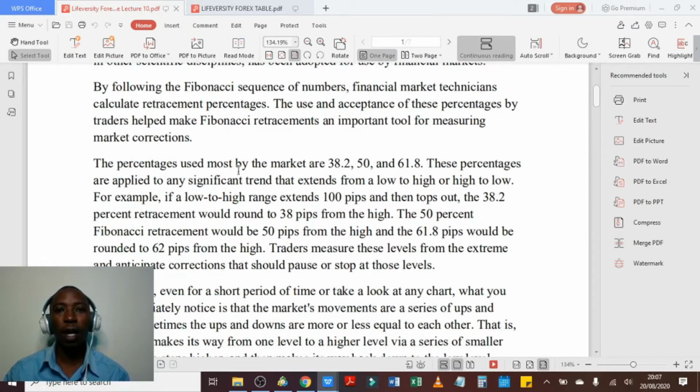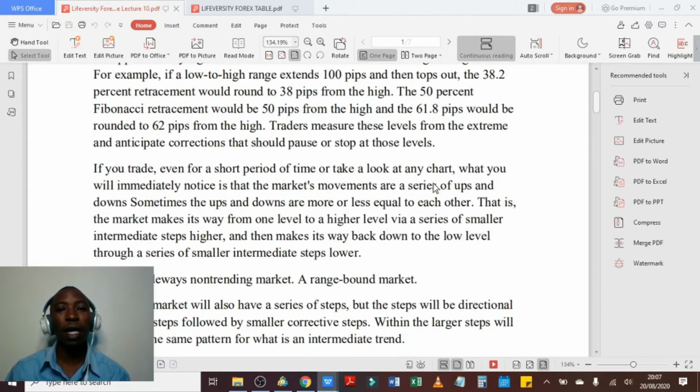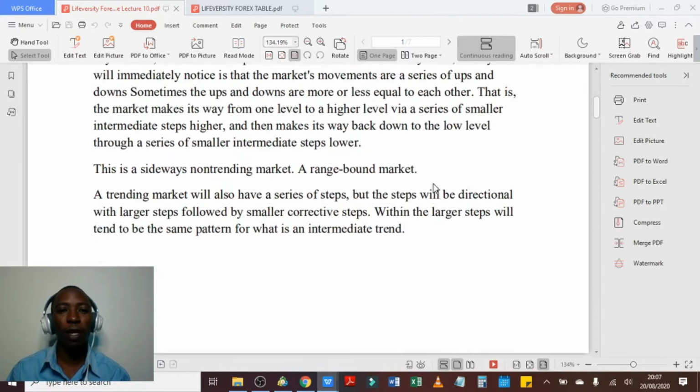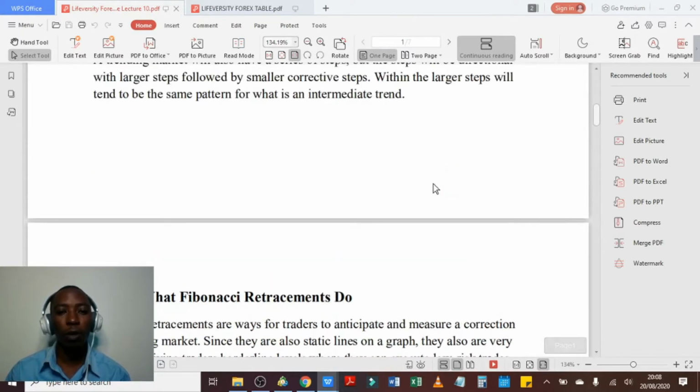As you will come to learn, there are very important levels that are looked at in the Fibonacci retracements. These are percentages, and there are three: the 38.2% level, 50%, and then 61.2%. Ensure you go through the document, because I can't just read everything to you when you have the document right there with you. You'll be able to go through it and discover how to do it.